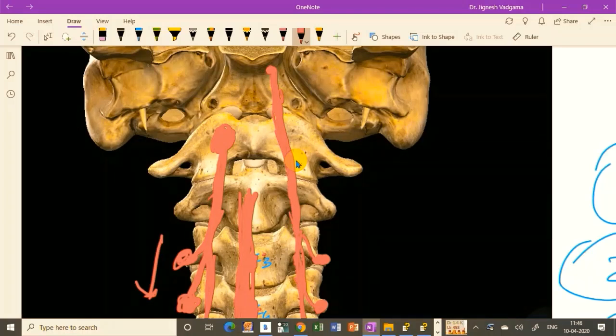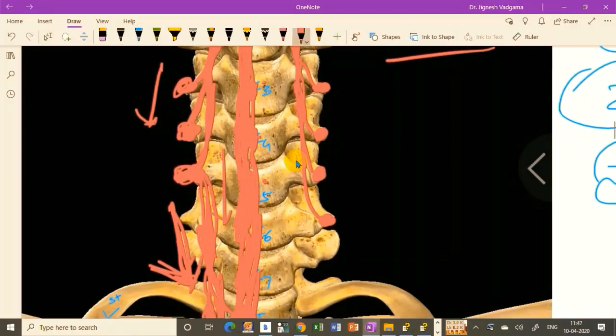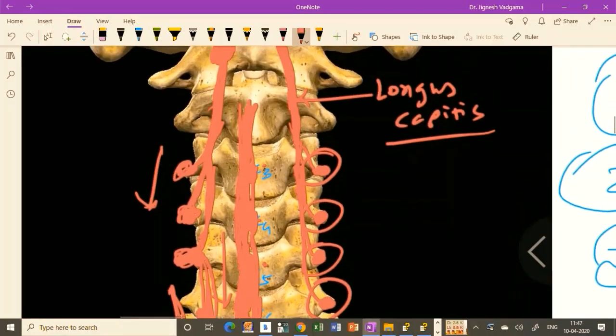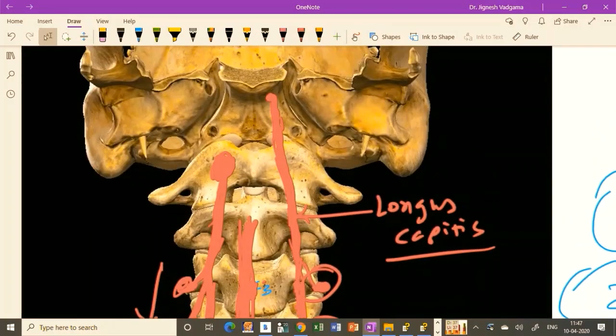So this muscle is the longus capitis muscle. This longus capitis muscle is going to arise from the C3, C4, C5 and C6 transverse process anterior tubercle, and it passes upward, overlapping the upper oblique part of the longus colli, and is going to insert into the inferior surface of the basi-occiput on both sides